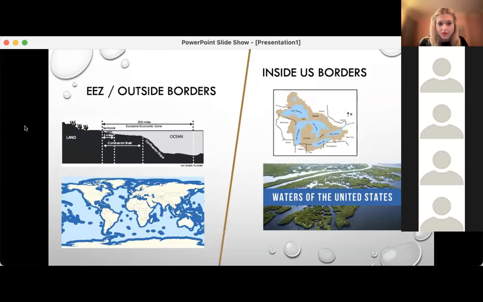So essentially, the thing that you should take away is the majority of this topic is going to be about fresh bodies of water inside the borders of the United States. There might be some affs that do stuff in the ocean directly, that's within the territory of the EEZ and is topical because it is a body of water, but the bulk of your debates are going to be about bodies of fresh water that are inside the United States.